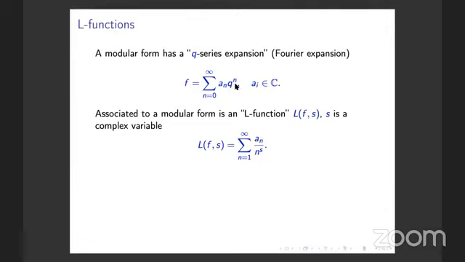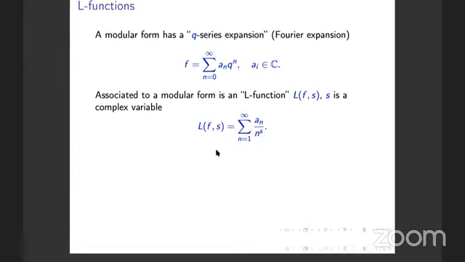So now associated to a modular form, you can define what's called an L-function, L(f, s), where s is a complex variable, where you just collect these coefficients a_n and then look at the sum of a_n upon n to the power s. So this looks remarkably like the Riemann zeta function. If I just take all the a_n to be 1, we get back the Riemann zeta function. So these L-functions are glorious avatars of the Riemann zeta function in a different context.